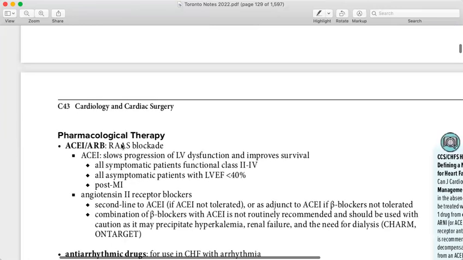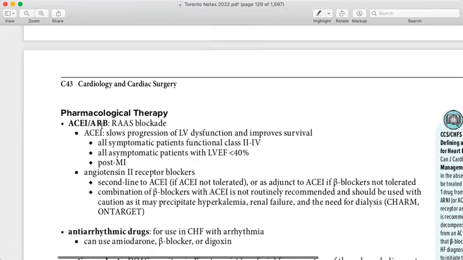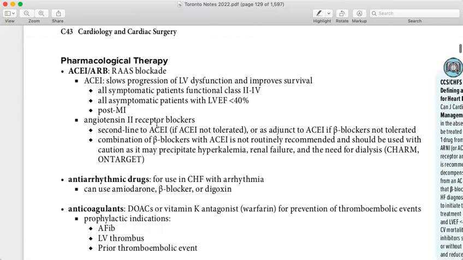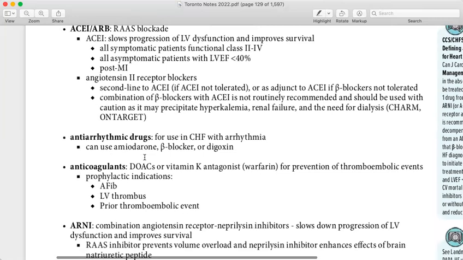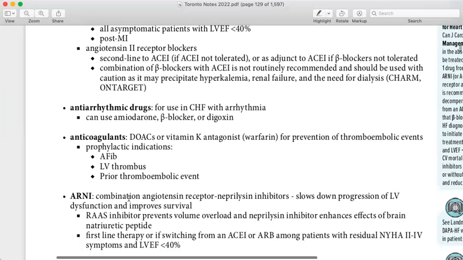Coming to the pharmacological, they are talking about the long-term one. So you are going to start with the ACE inhibitors and then ARBs. ACE is preferred over the ARBs. So you start with the ACE inhibitors and then angiotensin 2 receptor blockers. Then an antiarrhythmic drug can be used, which is basically amiodarone, because it can be linked with arrhythmias. And then coming to anticoagulants, if needed for the prevention of thromboembolic events, AFib, LV thrombus, and these things,